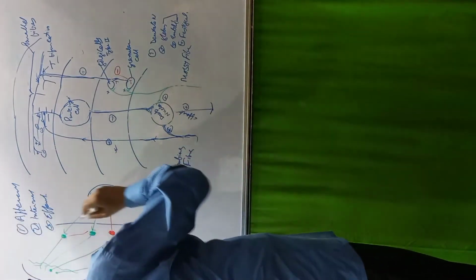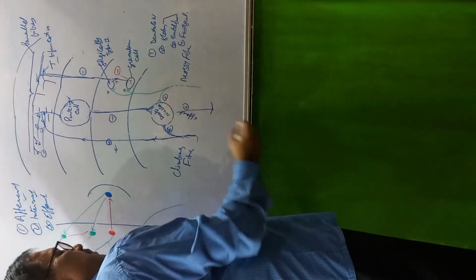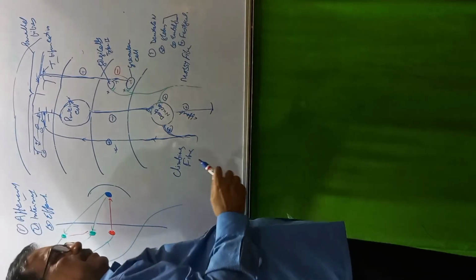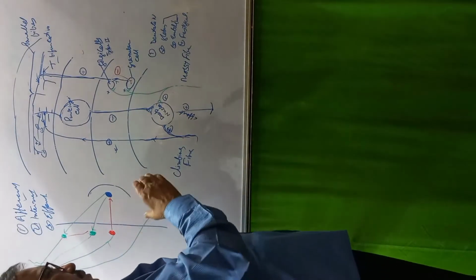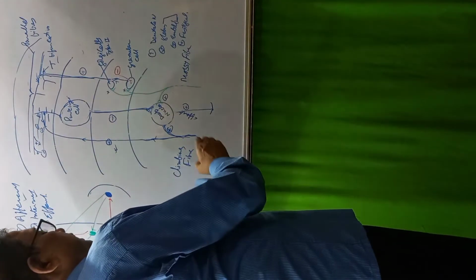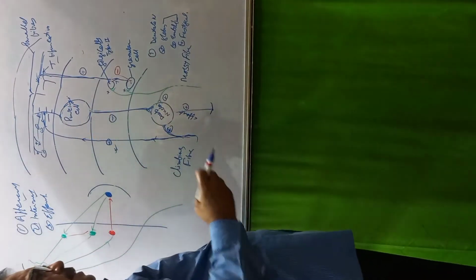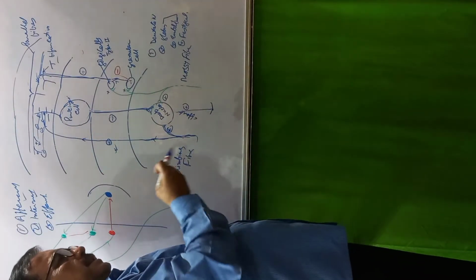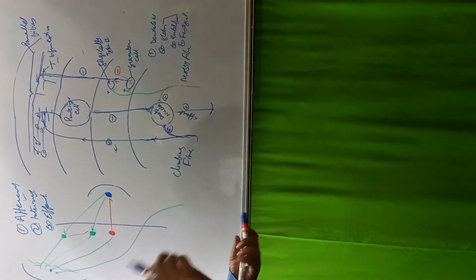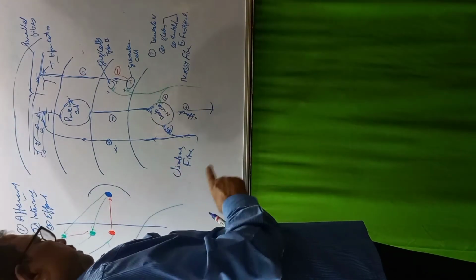Now, this is afferent and efferent. The efferent from the cerebellum is the axons of the deep cerebellar nuclei. Axons of the deep nuclei are the only efferent leaving the cerebellum. Sometimes some fibers from the Purkinje cell may go to the vestibular apparatus, but it is rare. This is about the connections of